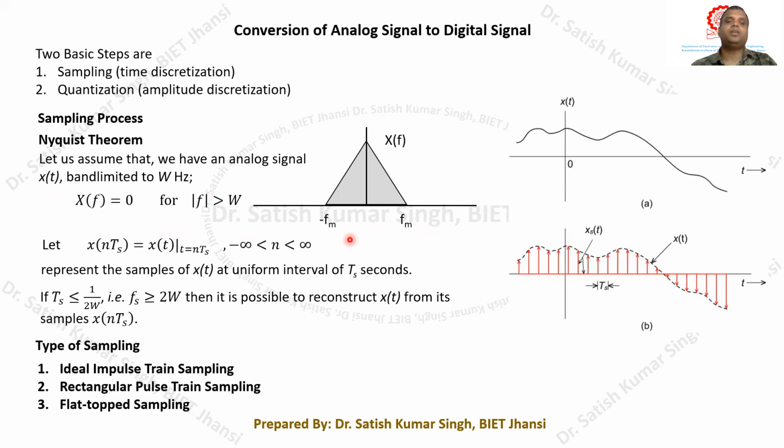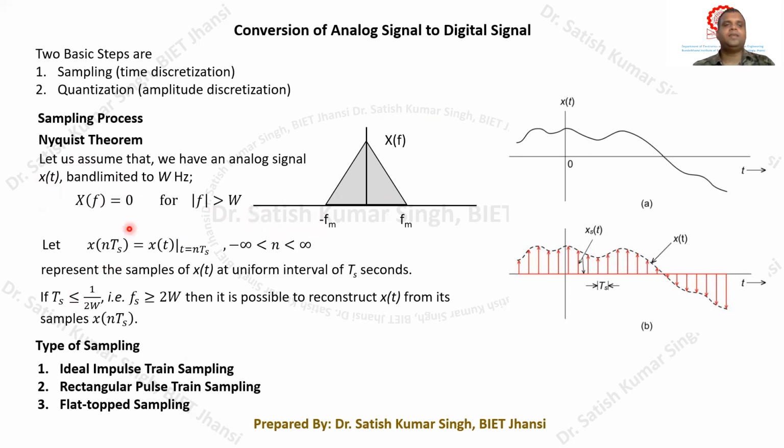Whenever the frequency is greater than W, either positive or less than minus W, the spectral component will be 0, because the spectral component only occupies a bandwidth of 0 to W. That's why this statement says it is band limited to W. Now, if we do the sampling of this signal x(t),